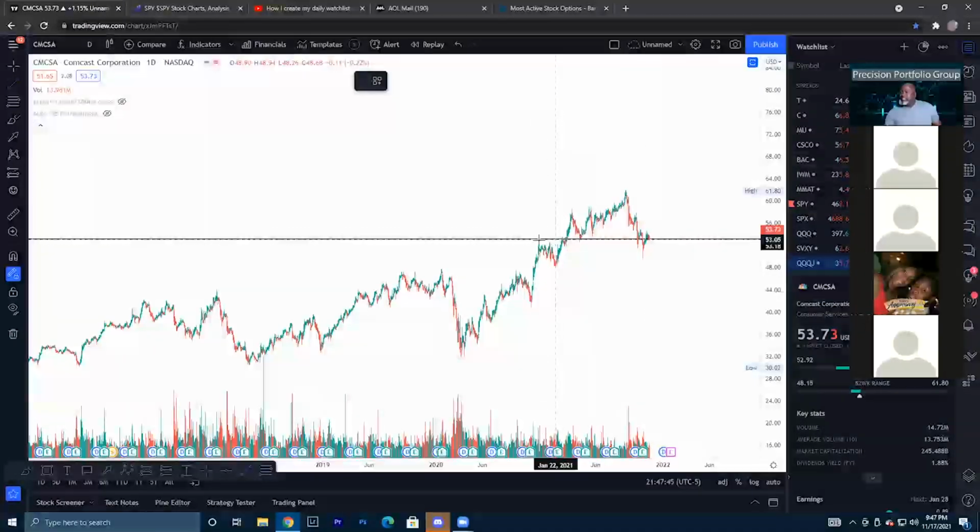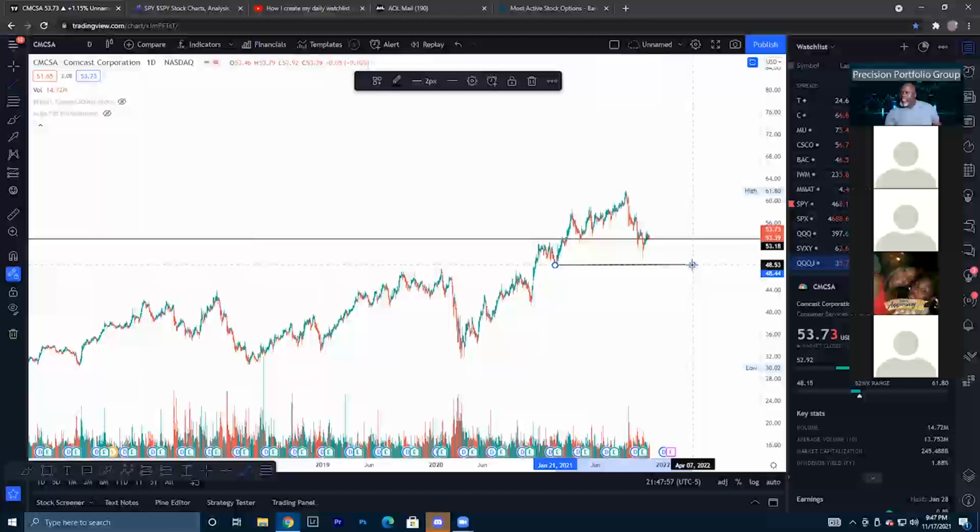So it touched this support level. Actually, it broke this price level. So my next price level that I see is here at around $48.44. I know this is another level. Then, of course, this is another price level. As you can see here,